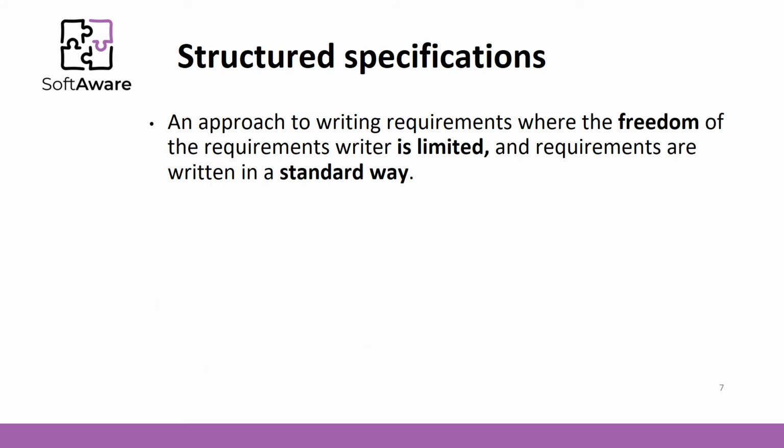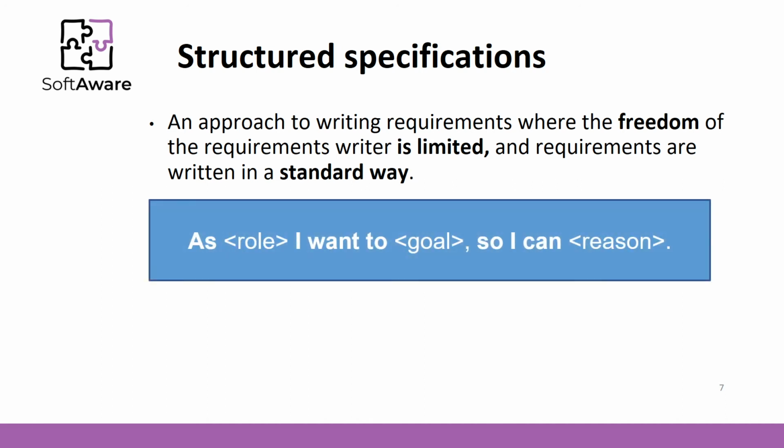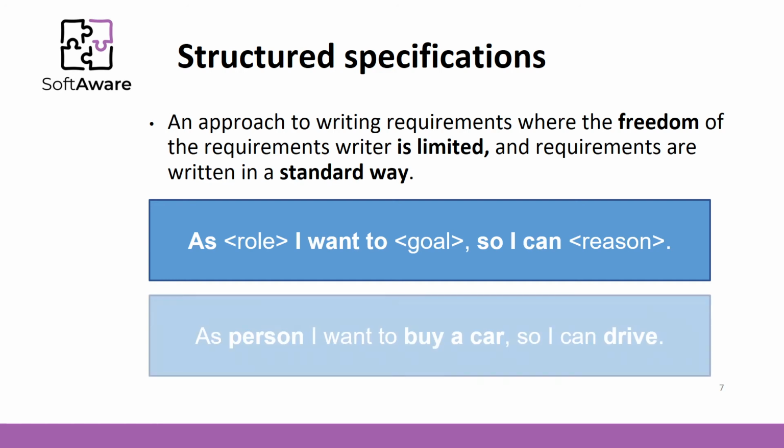Let's move on to the structured specifications that are written in an agreed form. Structured specifications are very popular nowadays because of the wide adoption of the agile processes. As you may know, the sentence form requires pinpointing the actor or the role of the user who initiates action. Also, it requires expressing the main functionality using a verb. And finally, it requires writing a reason that might be an extension of the main functionality. This form is not set in stone, and there are other forms for writing user stories.